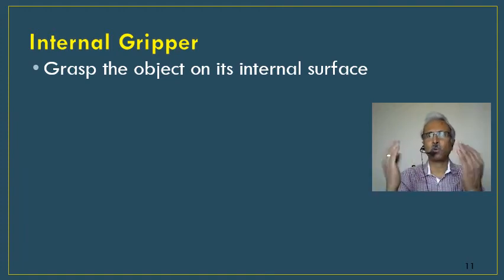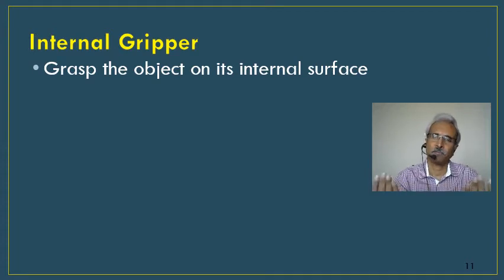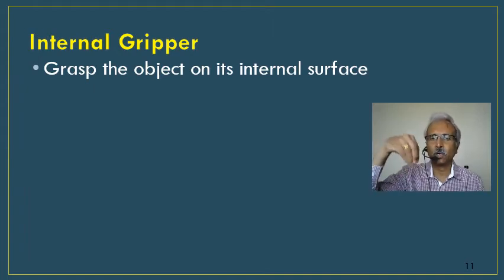Let's assume the outer surface of the component is finished. Say for example, a mirror finished component, and there is no way you can handle it from the outside. However soft a material you use as a pad in the gripper, it might damage the surface. The surface finish may get affected, thereby the dimensional accuracy also can get affected. So the safer way is to hold the object from inside. Let's see how to do that.